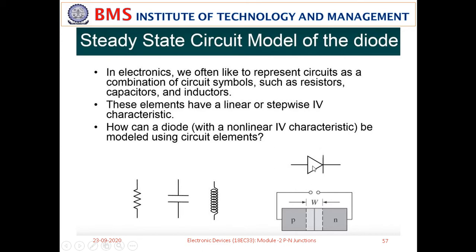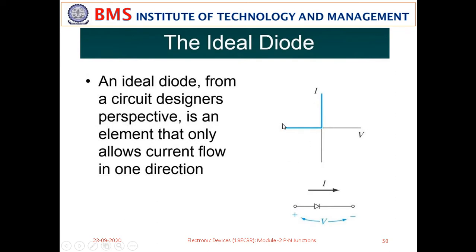So, a diode can be modeled using a variety of elements, which you are seeing now here. This simple model is with an ideal diode, as you are seeing here. When the voltage across the diode is 0 or negative, that means the current through the diode is 0. And when the voltage is positive, an infinite amount of current flows here.